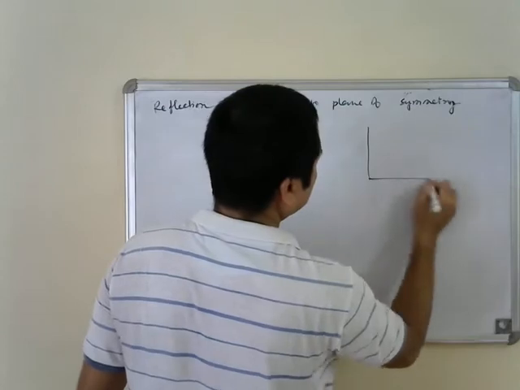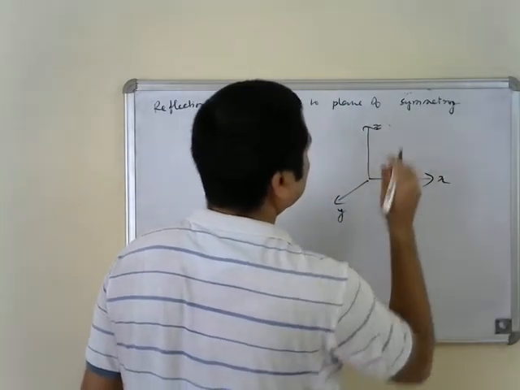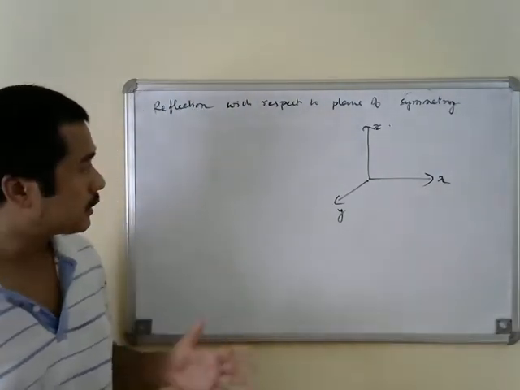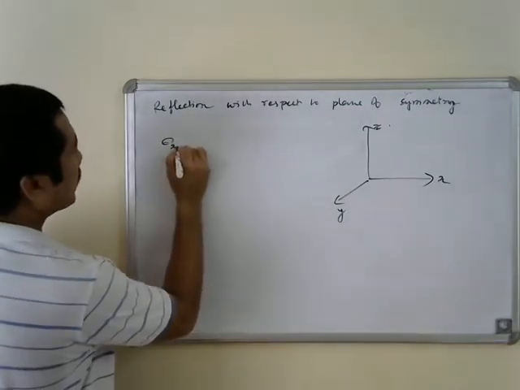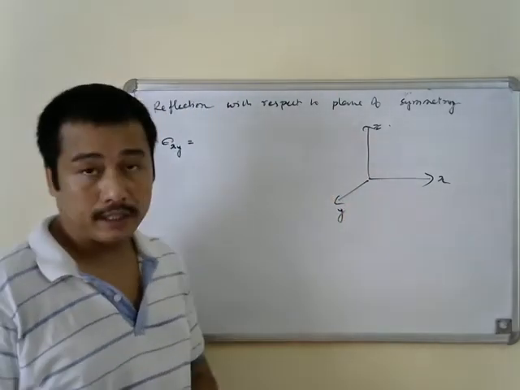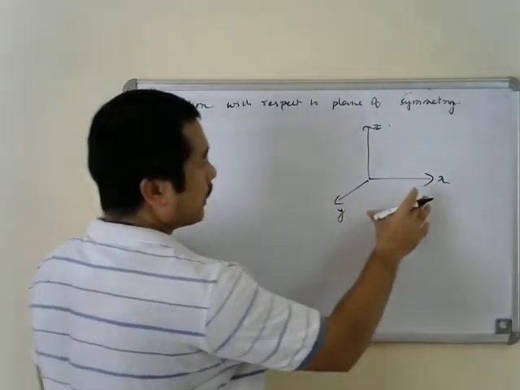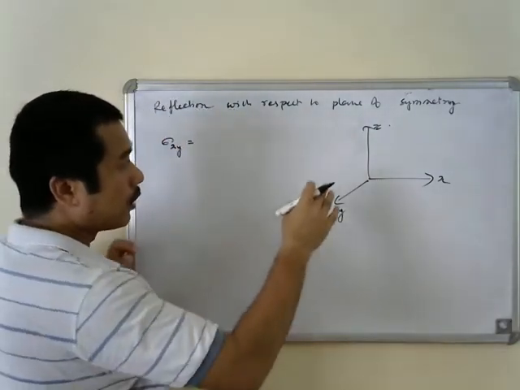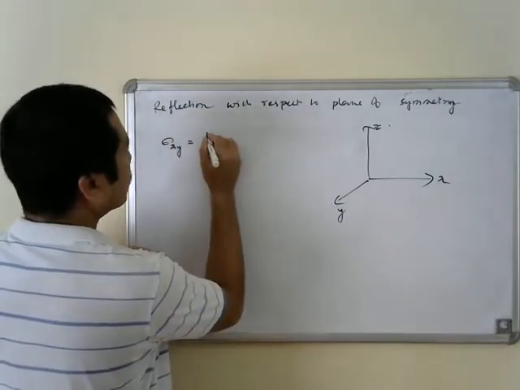When you take the Cartesian coordinate system x, y, and z, and if your plane of symmetry lies on one of the coordinate planes, that is, if we have to write the matrix representation for sigma xy, the plane of symmetry lying on the xy plane, then we know that the x and y coordinates are not going to change, but only the z coordinate is going to change. So the matrix representation for sigma xy is going to be